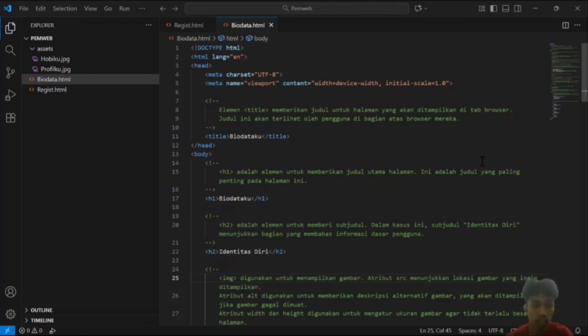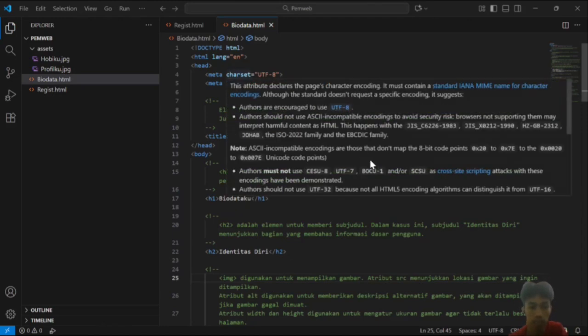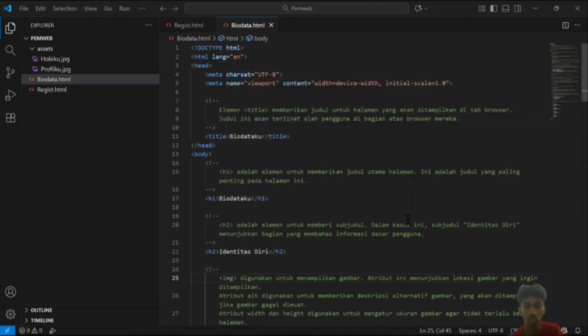To create a personal biodata web page, we first type an exclamation mark and then press enter.